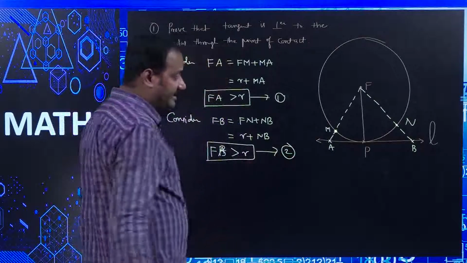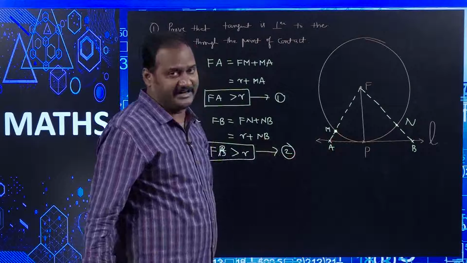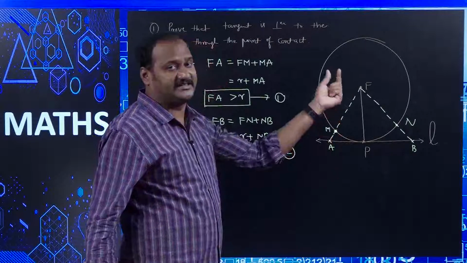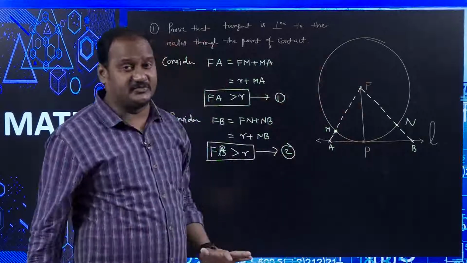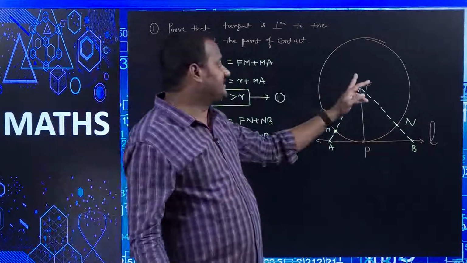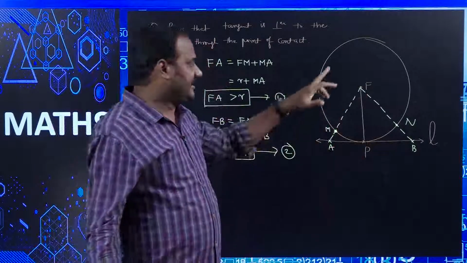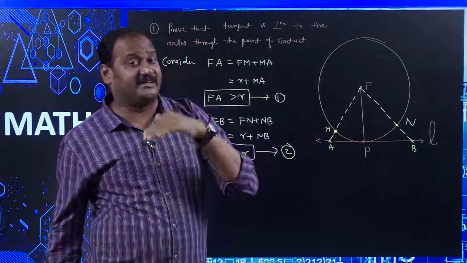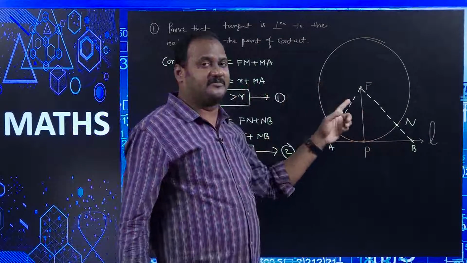It means if you take any point on the tangent except the point of contact, the line segment joining that point to the center is always more than the radius. Always more than radius means what? Radius is the shortest distance from the center of the circle to the point of contact. Therefore, radius is only the shortest distance. You can call it in mathematical language a perpendicular to the tangent through the point of